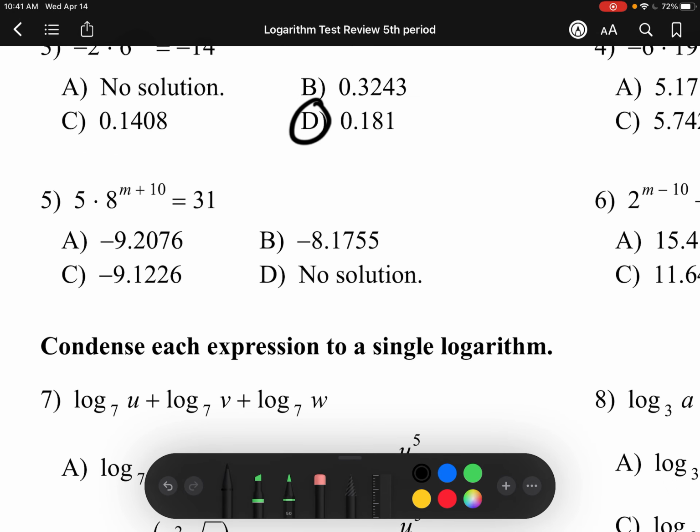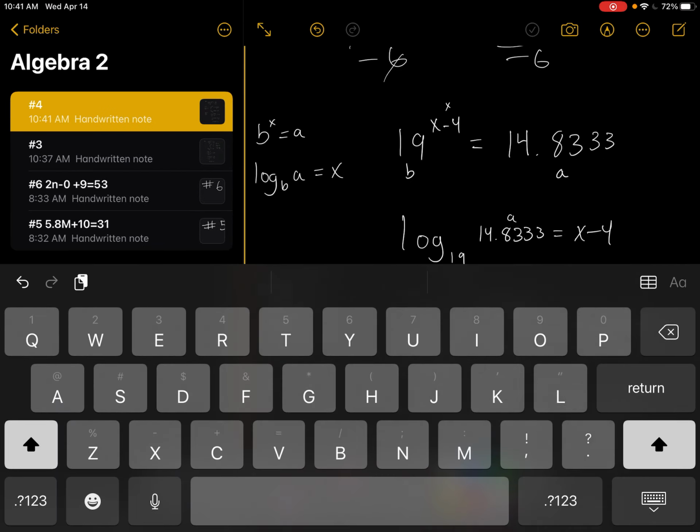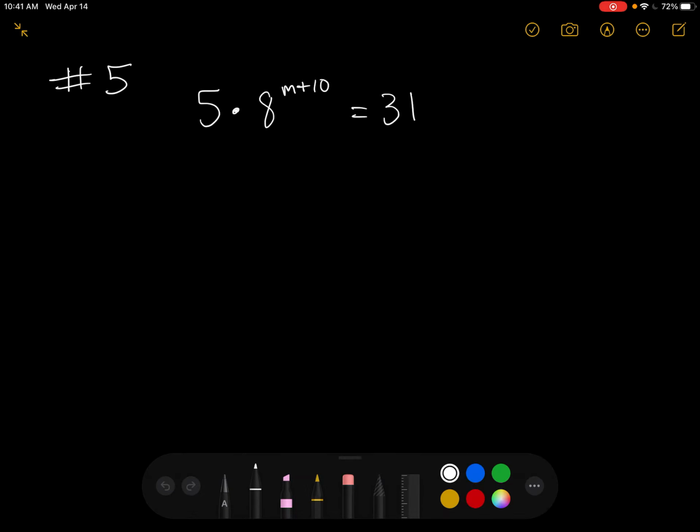For number 5, I'm not going to label anything. I'm just going to go straight into the forms, right? So I'm going to minimize this, go to number 5. All right, so first step, isolate my exponential expression. So I'm going to divide both sides by 5. So on the left side, these cancel out. I'm left with